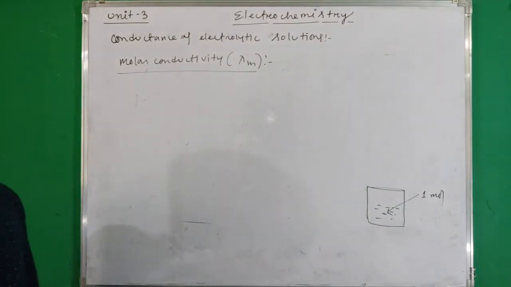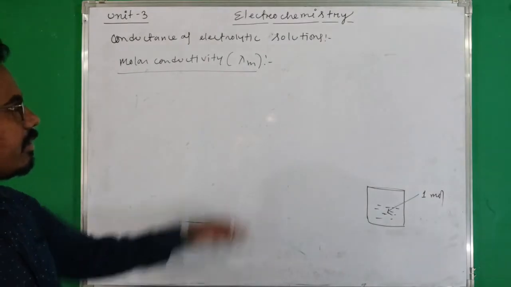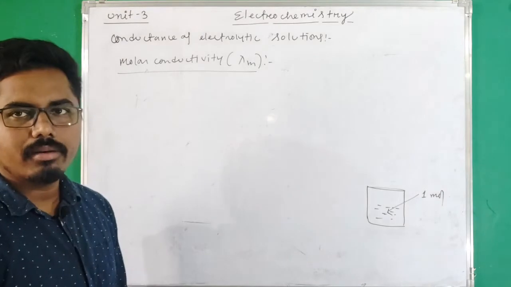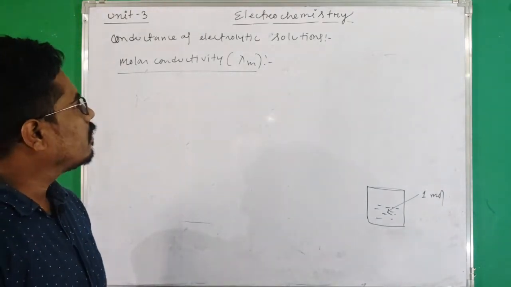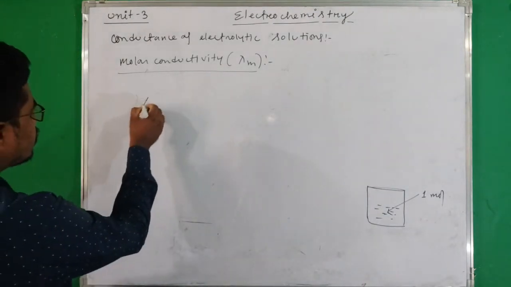Then the conductivity of the solution is known as molar conductivity and it is represented by lambda m. So the conductivity of a solution having 1 mole of electrolyte is known as molar conductivity, and the relationship between